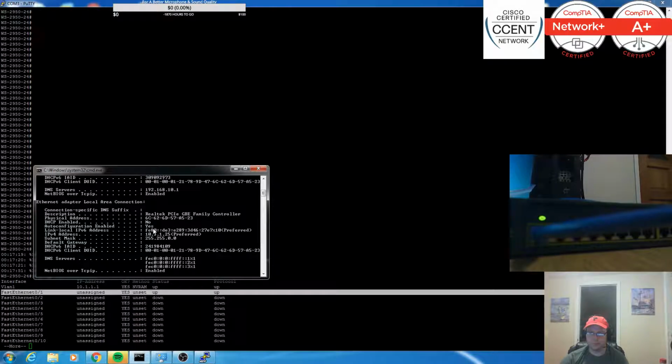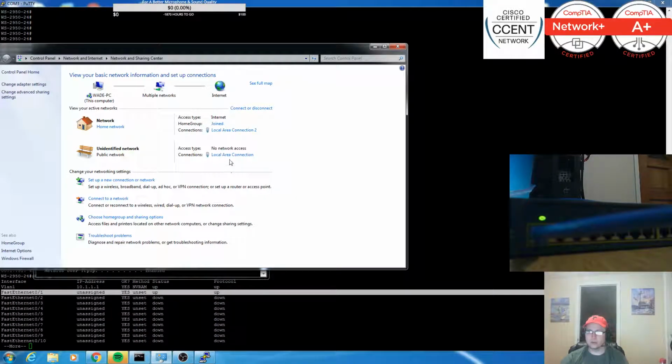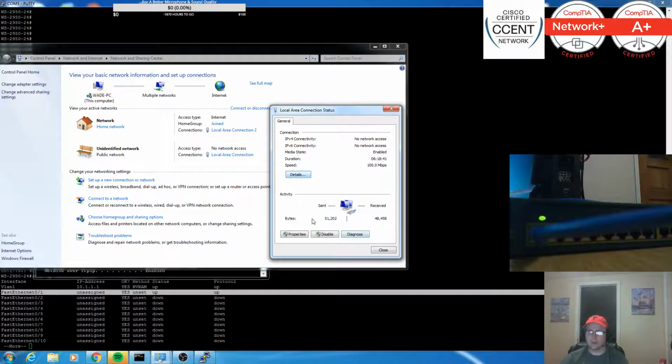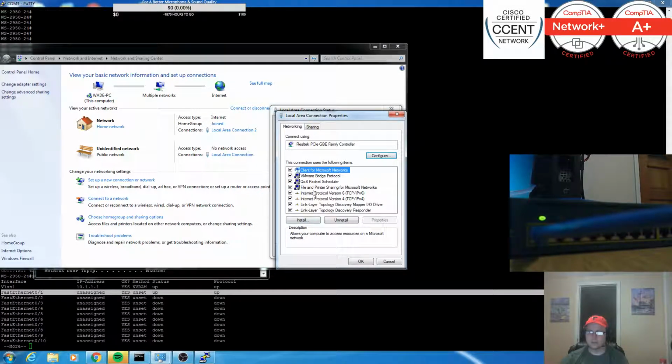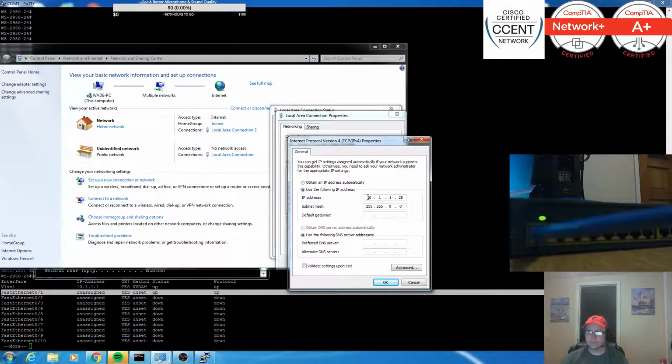And there we go. Let's see, do I have one? Yes, I did. Now here's the thing: if you're connected only to a switch, you will have to manually configure your IP address, which you will see shortly. I manually configured my IP address,